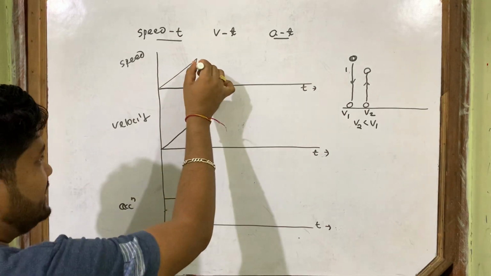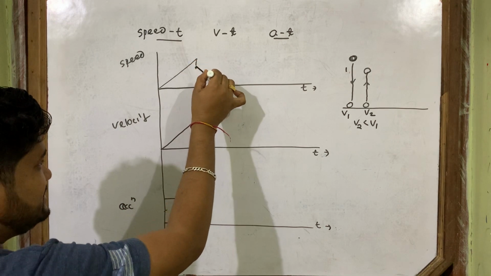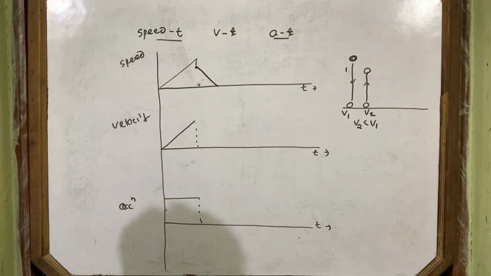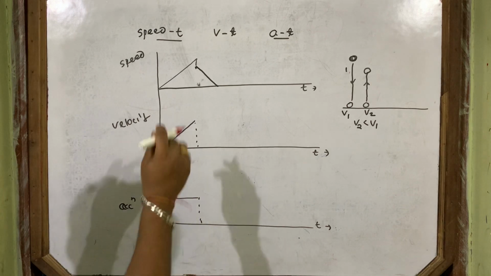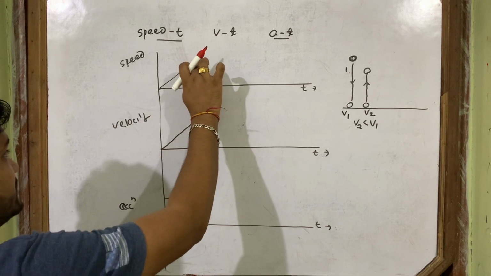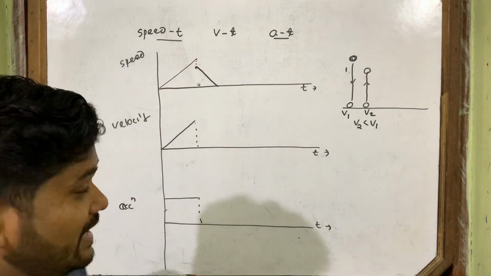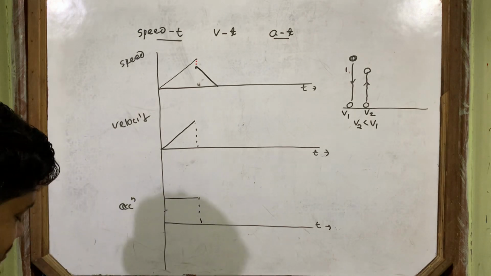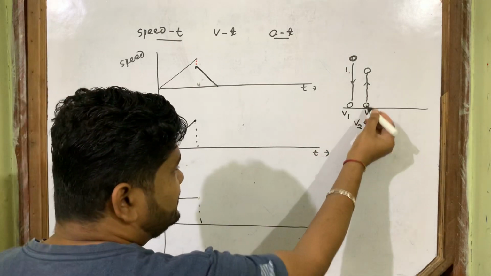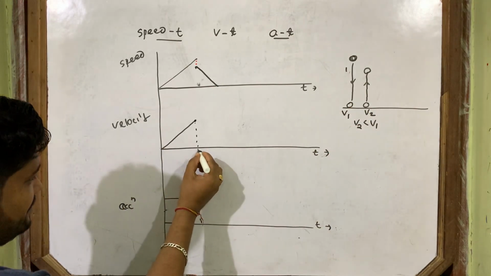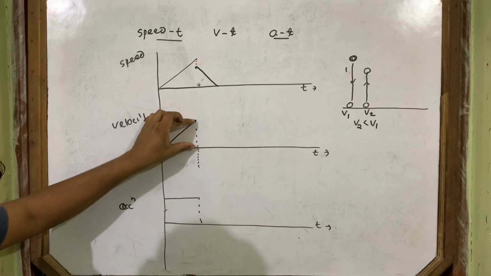Okay. So it decreases and then becomes 0. Decreases and then becomes 0. So the graph will come like this. This one is not the graph, so I am showing it by a dotted line. And here, what happens? You see, this is the positive velocity, but suddenly as it goes up, the velocity becomes negative, but it is not of the same length. This length is not the same as this length.